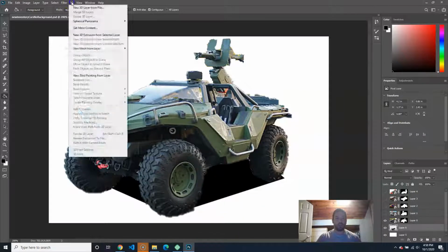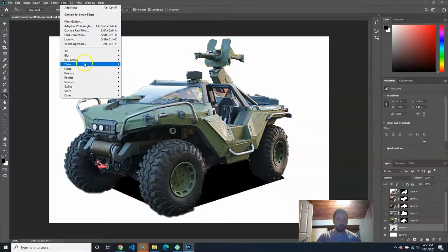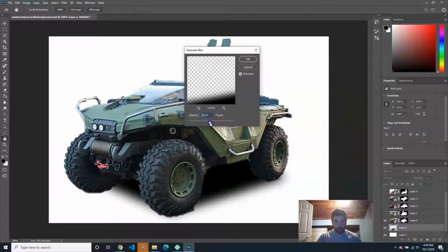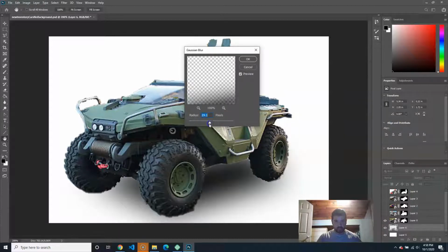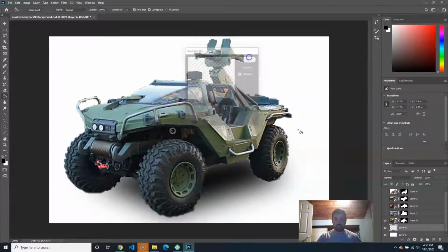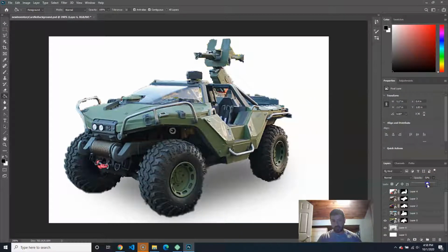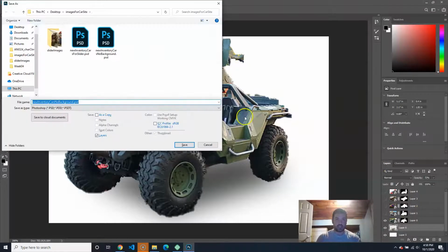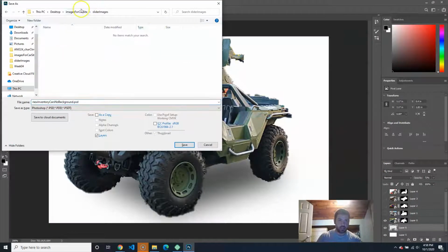So all we're going to do is just go to Filter, Blur, and Gaussian Blur. And we'll just up it a whole lot. We'll say like that. And then I'm going to take the opacity down a whole bunch. Okay, and we can spend a lot more time and make it look a lot nicer, but we're going to call that good. I'm going to go ahead and save this one first, Control-Shift-S,